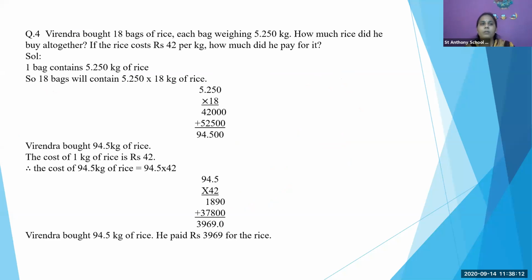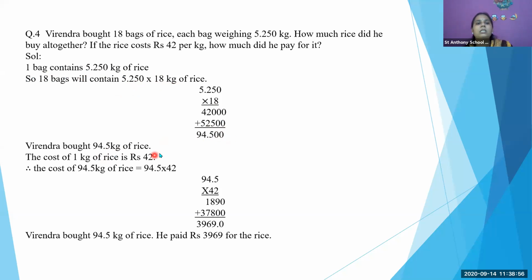Okay, so again I repeat this, everyone please pay attention. I hope everyone is clear about how to convert a common fraction into a decimal and a decimal into a common one, right? The only confusion is in this sum, but don't worry, this sum is also easy. Please pay attention so that your doubt will get cleared. If one bag contains 5.250 kg of rice, how much is 18 bags of rice? 5.250 into 18 gives us the answer 94.500. But after the 5, this 0 doesn't have any value. So 94.5 is the answer.